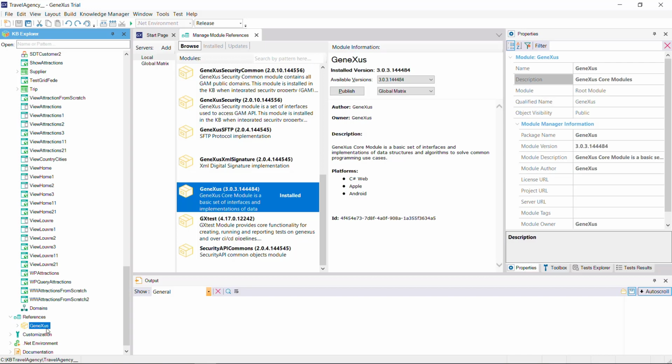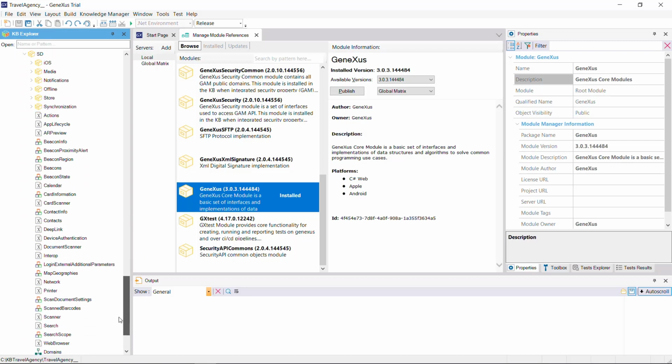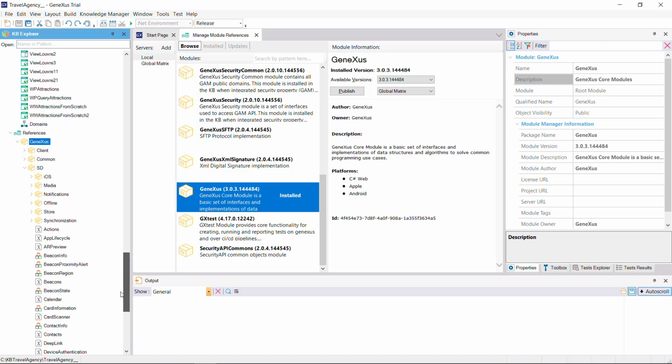It comprises a series of submodules that contain a set of APIs with their corresponding domains and SDTs, which enable us to interact with the various technologies, devices, sensors, applications, and so on. These APIs are implemented as external objects, which we'll see next. You can find further information on the module object at this wiki link.